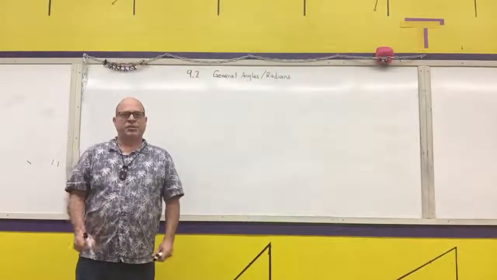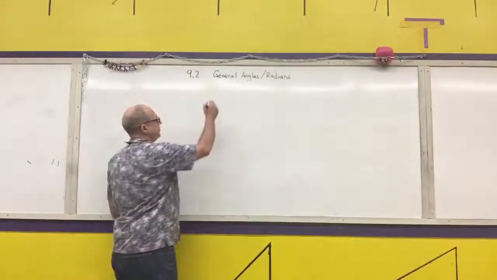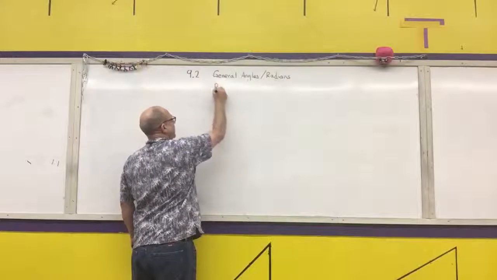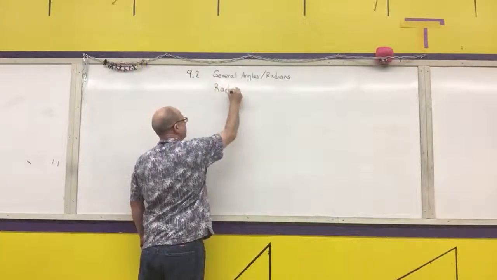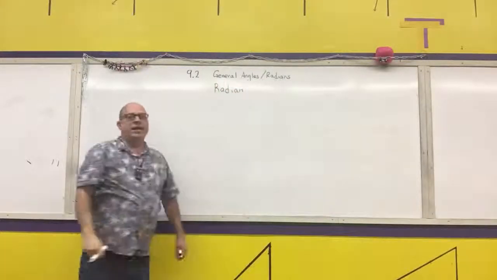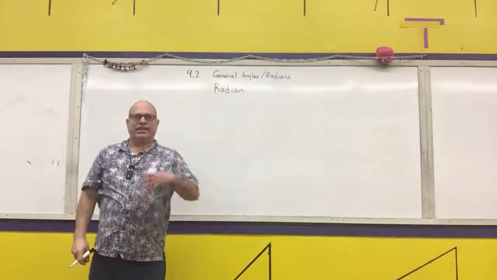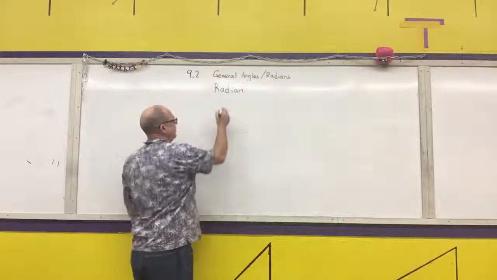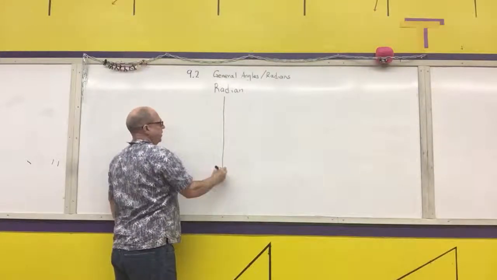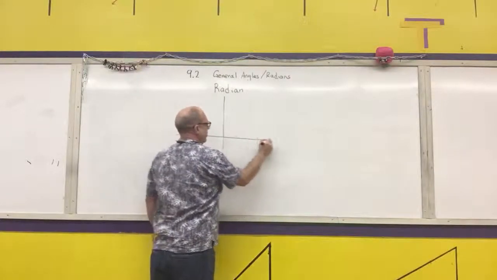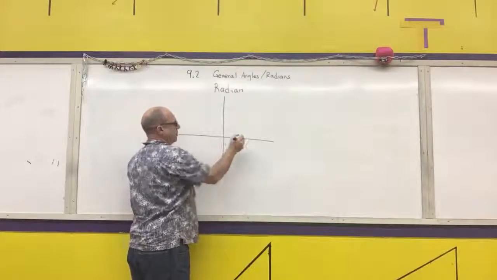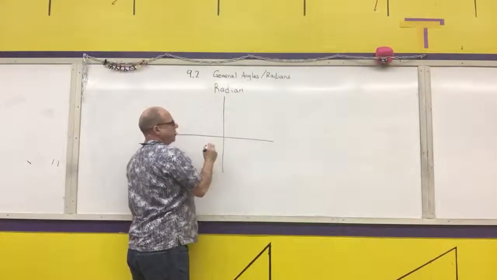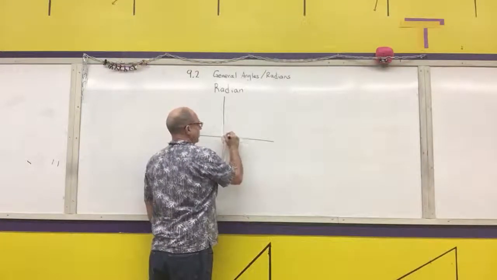So for this section of the lesson, we are going to define the radian measurement of an angle. A radian is a unit of measure, like a degree is a unit of measure. And the definition of the radian measurement of an angle is an angle in standard position